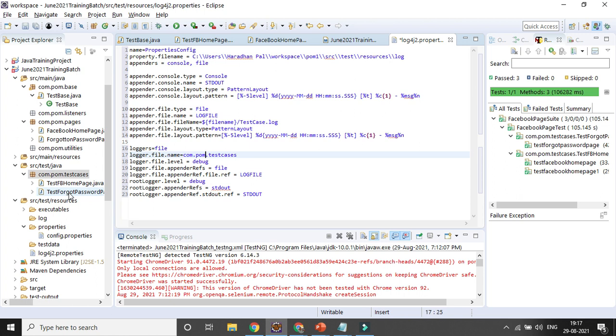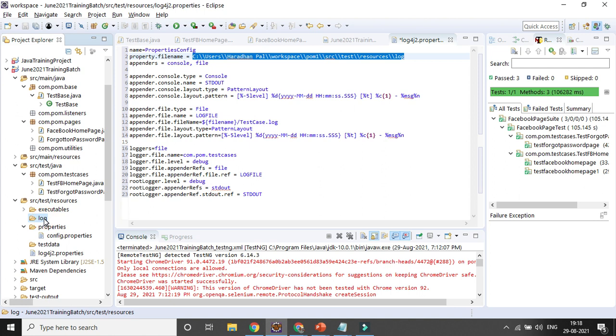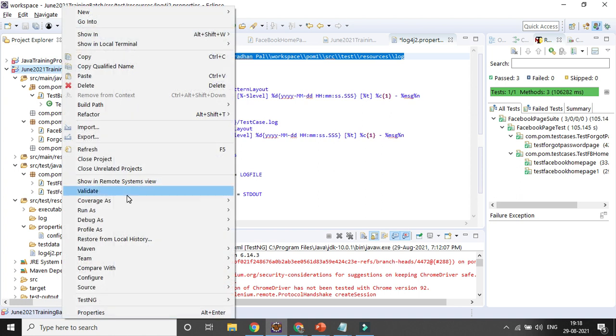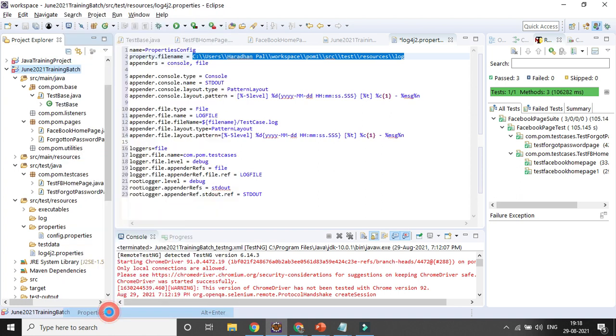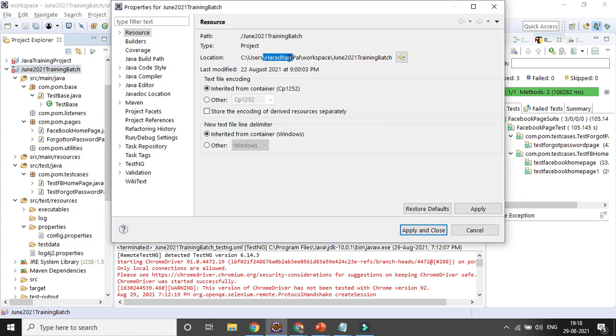So that is my primary intention, right? So that you can update it, that path. This is the one path you can remember, you need to update it. Then the property file name, that is the path you need to also update. So I will be generating the log here, in the log folder. So that path I need to give it, right? So I can go to the properties, then I can give that path.